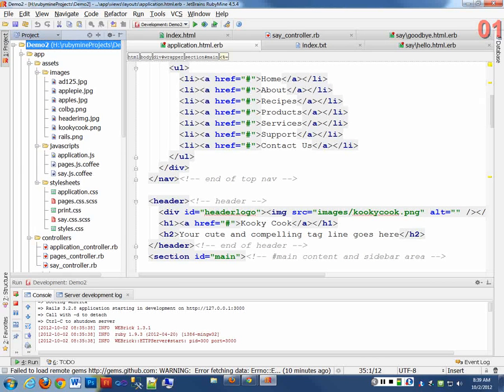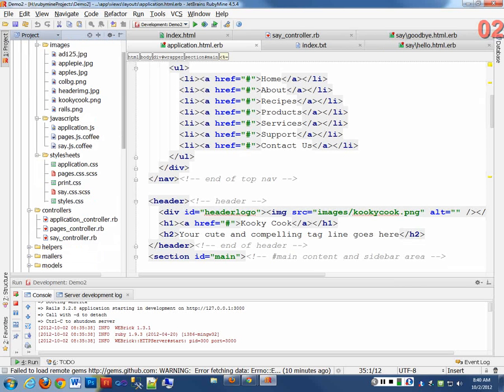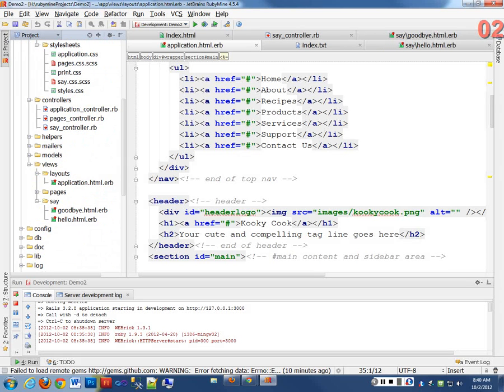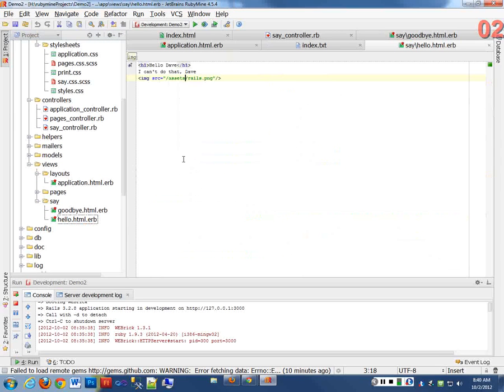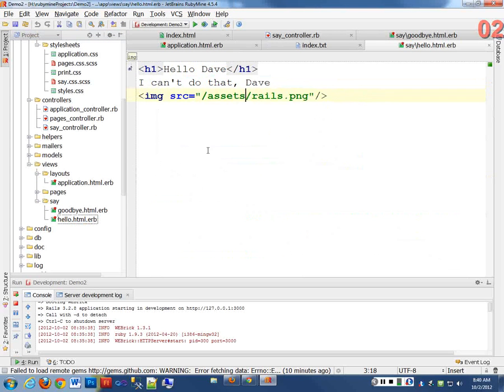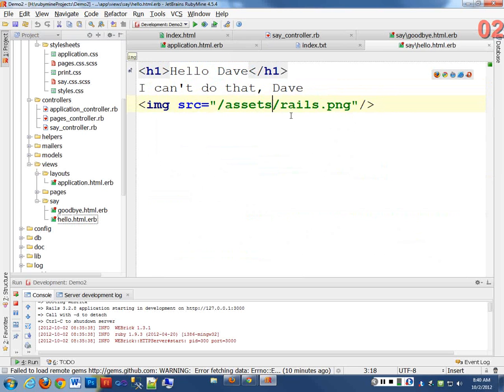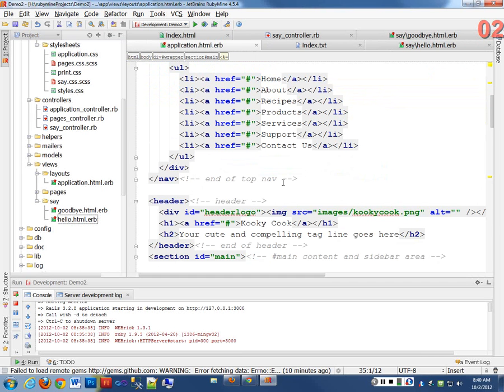So changing this, instead of just saying image source equals, we're going to change this into an actual Rails method called image tag, which I did last week in my hello controller. I have this, I didn't do an image tag. I just did an image source equals here. So